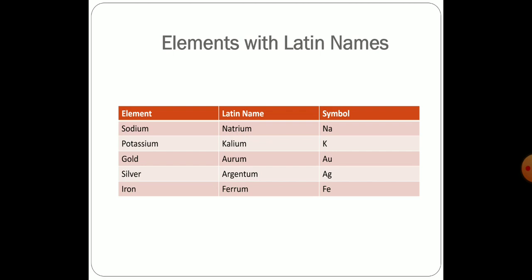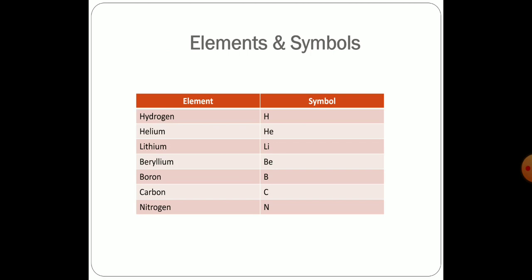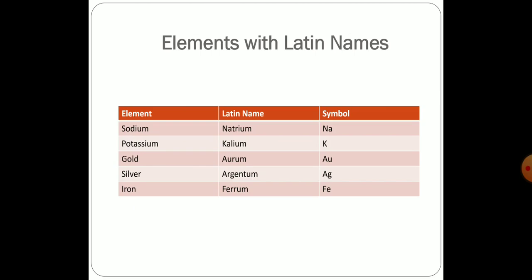So these symbols are not taken from the direct English name. We are taking them from the Latin names. So this list also you should remember. These 7 elements with their symbols, and these 5 elements with their Latin names and their symbols, you should remember. So the first homework for today will be to write these two things two times: the elements and the symbols, and the elements and the Latin names alone for these 5 elements,